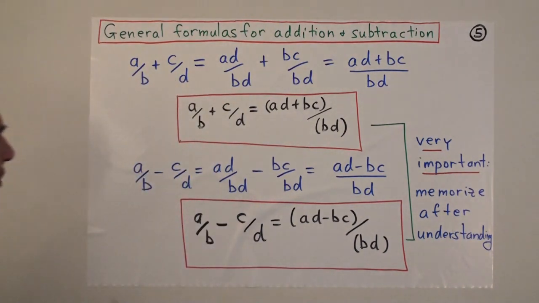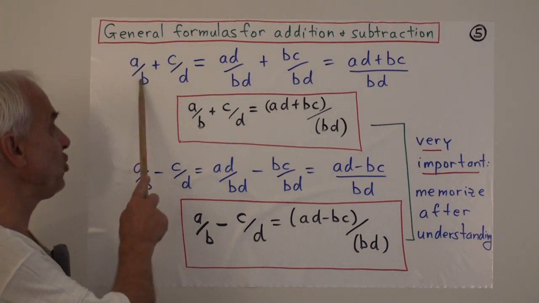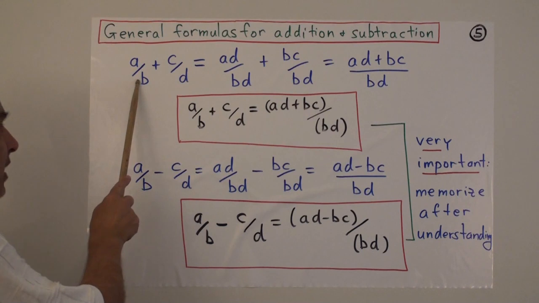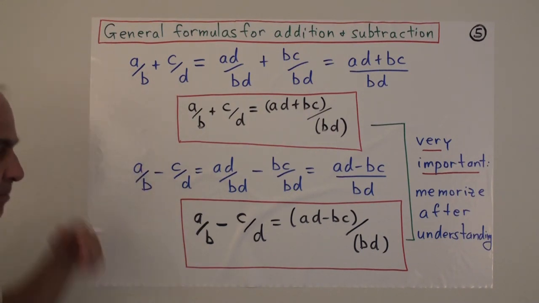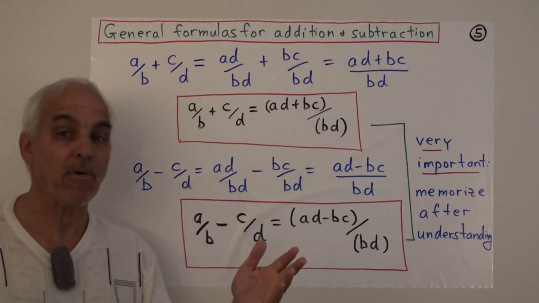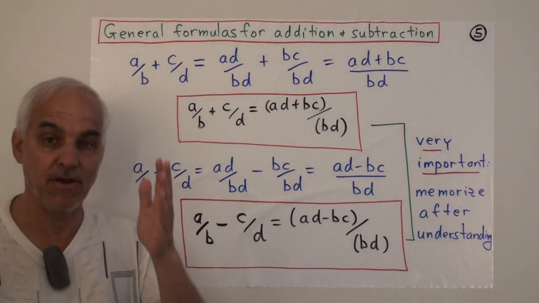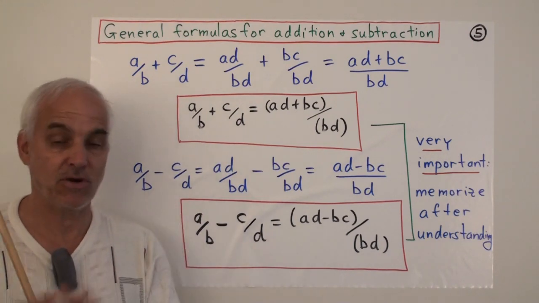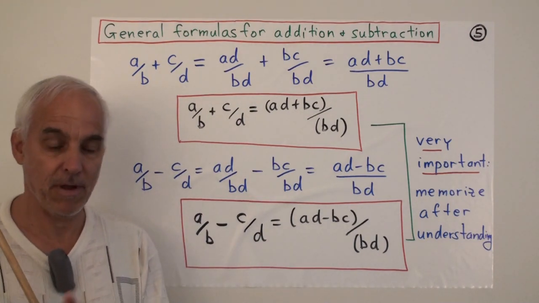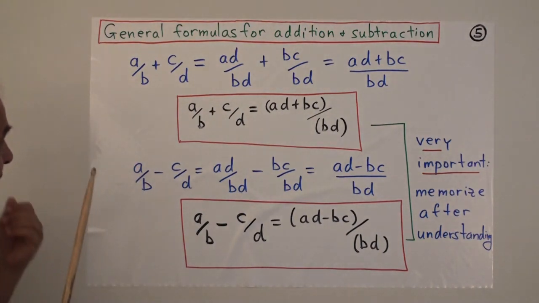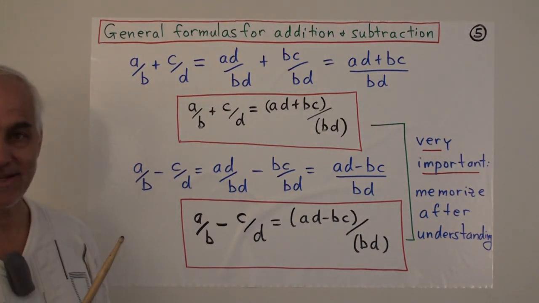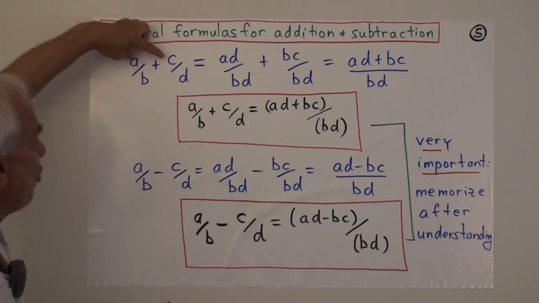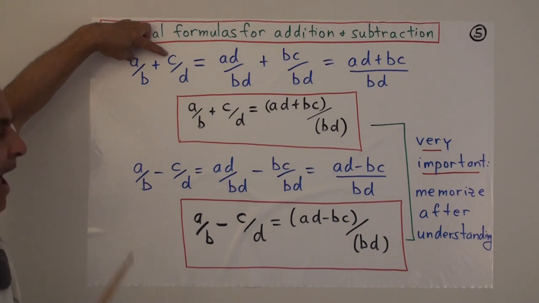All right, so the general formula for the addition of two fractions, so here are two arbitrary fractions, a over b plus c over d. And you should think of a and b and c and d as some numbers that you just don't happen to know. They're mystery numbers. They're variable numbers. They're unknown numbers at this point. But they're numbers. They just happen to be represented here by these letters a, b, c, and d. So in terms of these letters, how do we add these things?